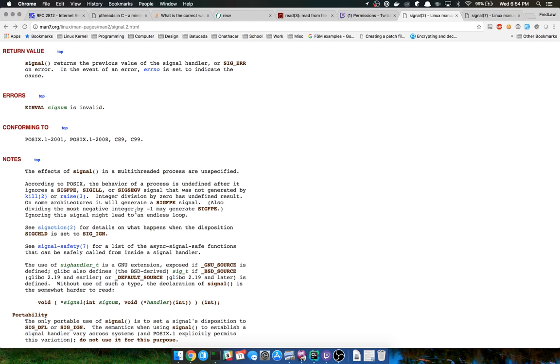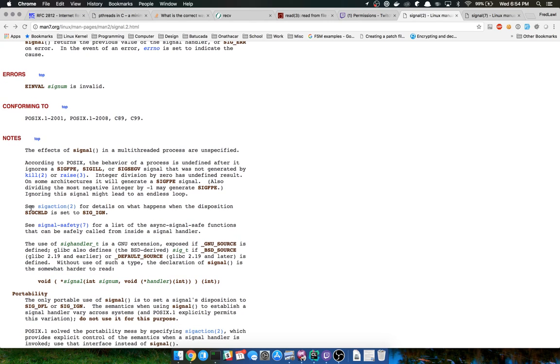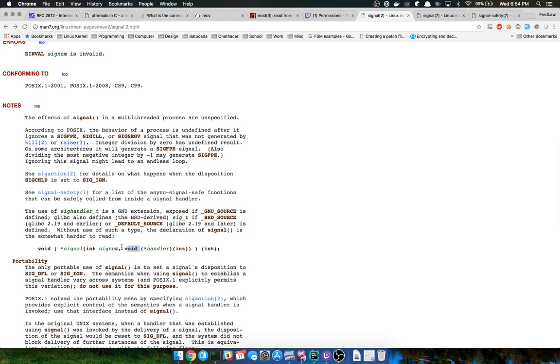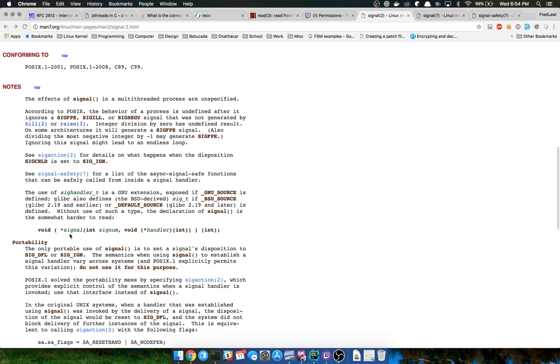May generate, okay, cool. I guess that's some sort of error signal. Signal safety for a list of async-safe functions. Oh, here we go. I wonder what this does. Cool. That doesn't really tell me much.